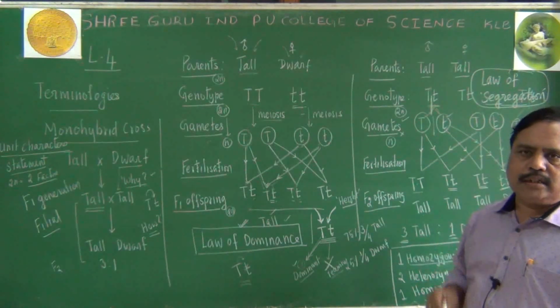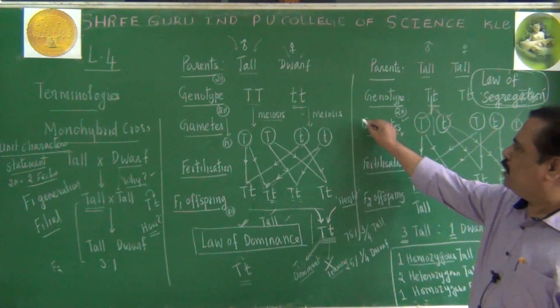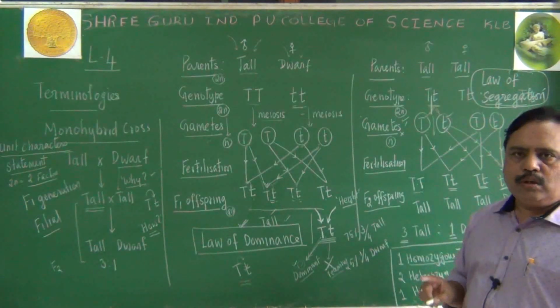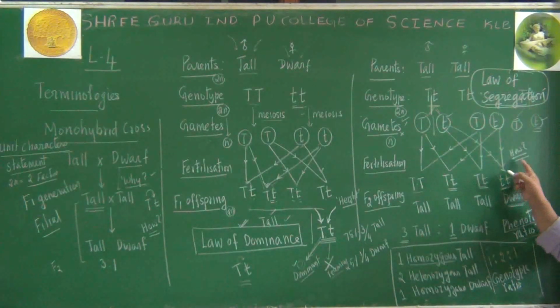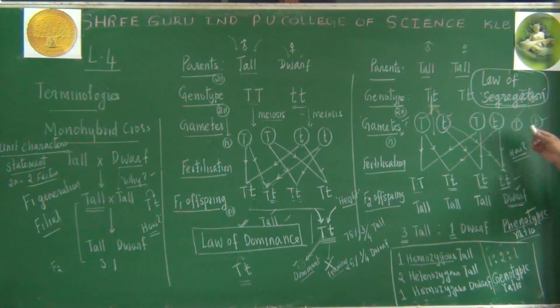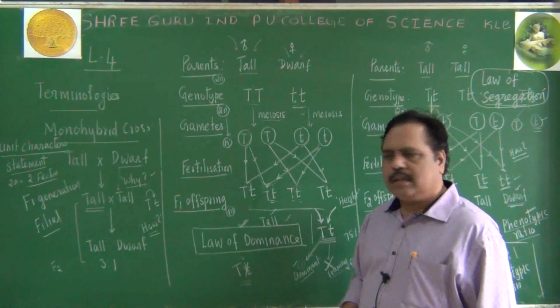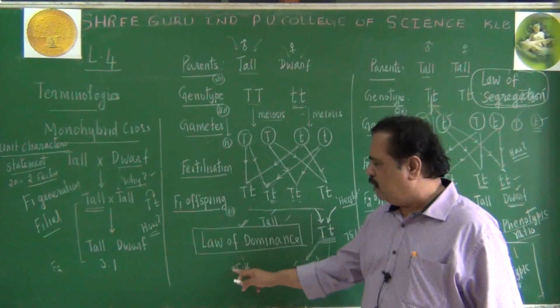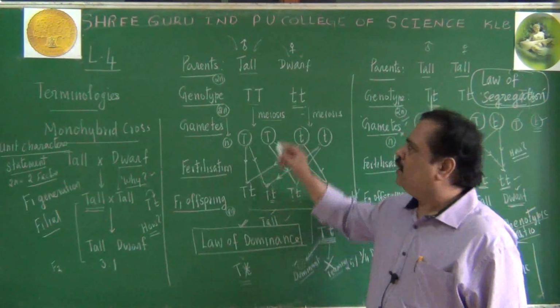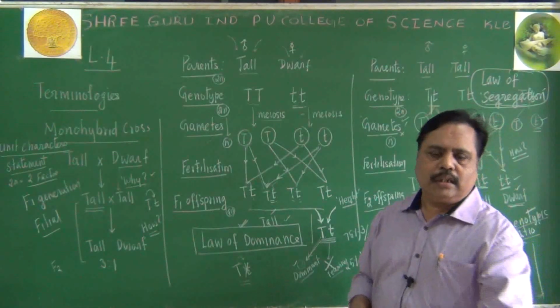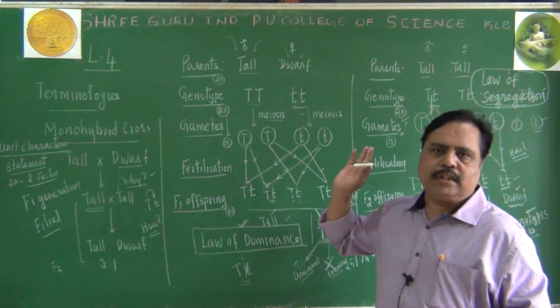When does that segregation take place? It occurs during gametogenesis. During gametogenesis, the two alleles of a character, whether they are similar or dissimilar, will separate from each other and enter into different gametes. That is called law of segregation. Of course, now due to corona, students are not at all there. Only teacher is dominating. Only one is talking. Capital T is going on. This is the monohybrid cross, law of dominance and law of segregation.